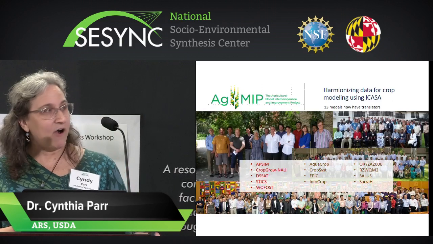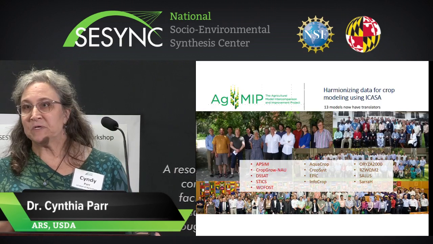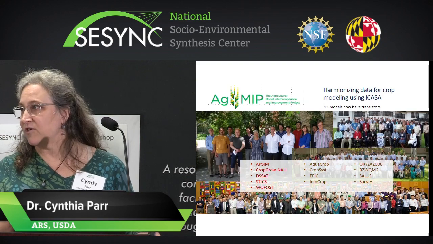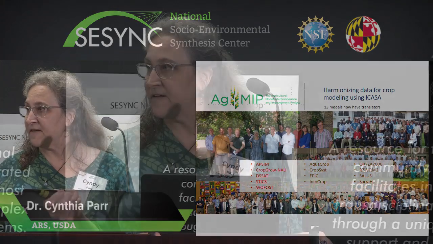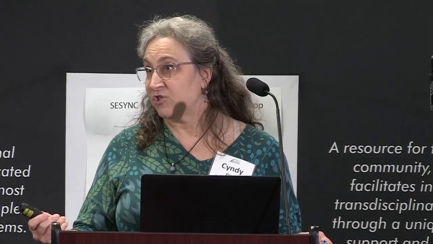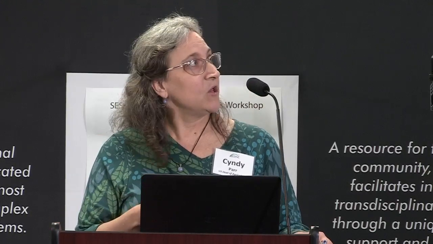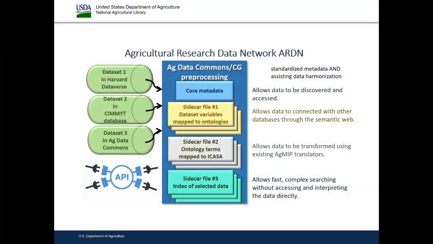So they basically now have some tools that can be used, but these have all been relatively short-term NSF or other kinds of funding, and so they can't sustain this infrastructure. And so that's why they're now working with us. And I won't go into the details here, but the idea is that Ag Data Commons will take on some of the more sustainable things that will enable these distributed data sets that are in different databases to make it easy to discover the data sets that might be relevant for a modeler, to map those,